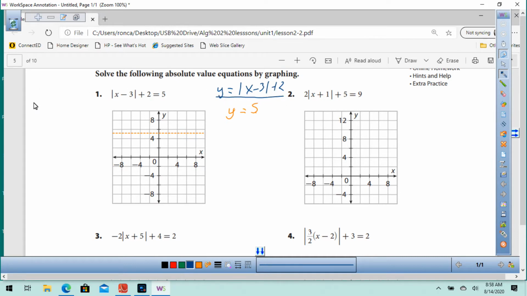What do we got? Well, we've got h, k, that's the vertex, and that's going to be 3, 2. So let's find 3, and then 2 is going to be right there. Okay? Now,